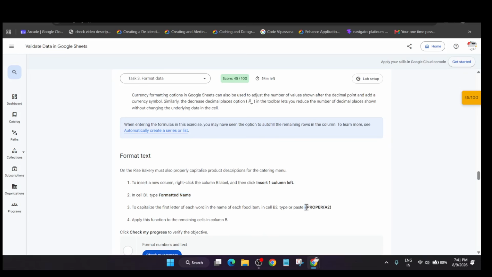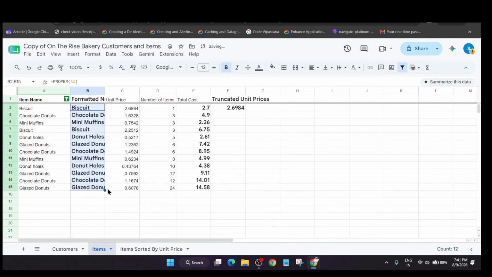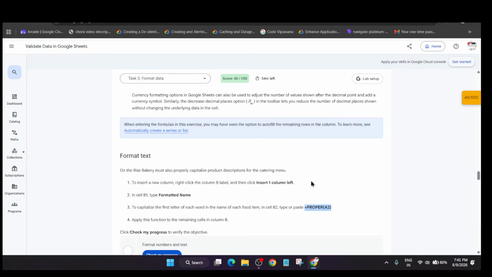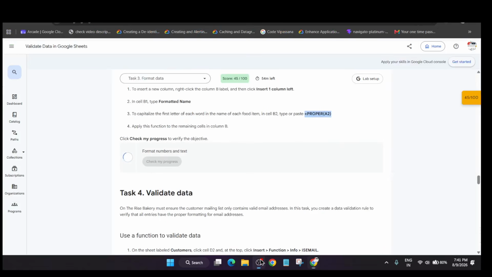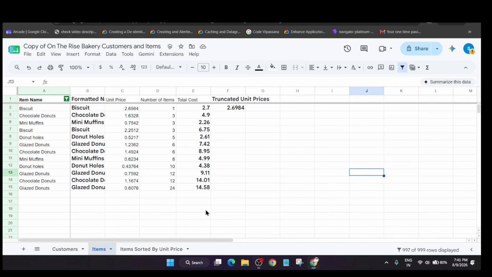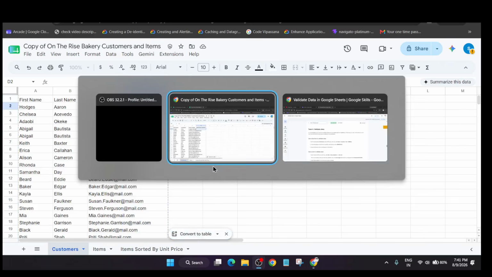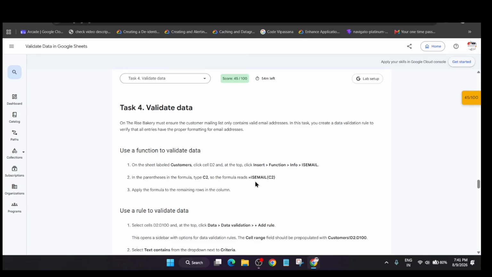Copy this formula, paste over here, and then just come down up to here, click anywhere else, and check the score for this task. Now we have to come to the customer sheet, that is this one. Go to the D2 section, this is D2. We have to copy this formula. First of all, we have to click on